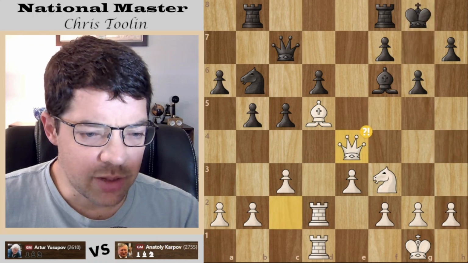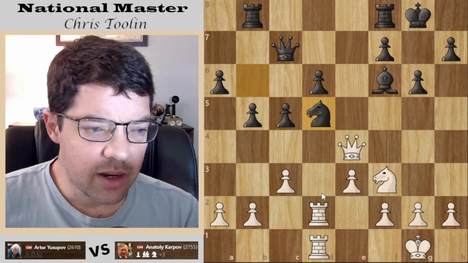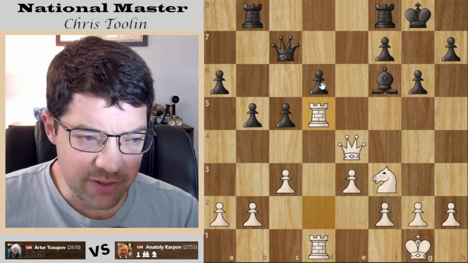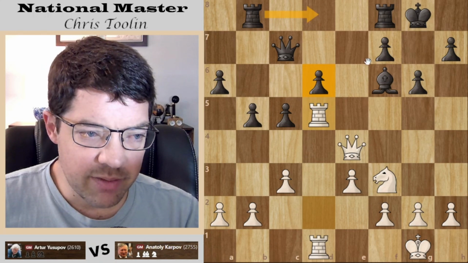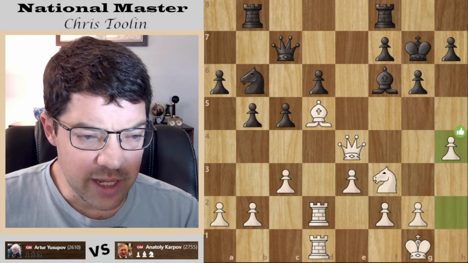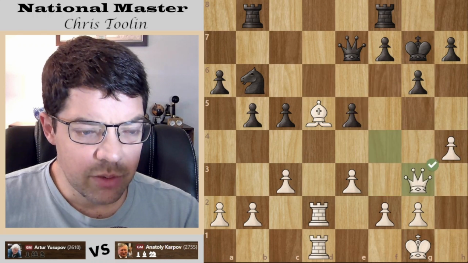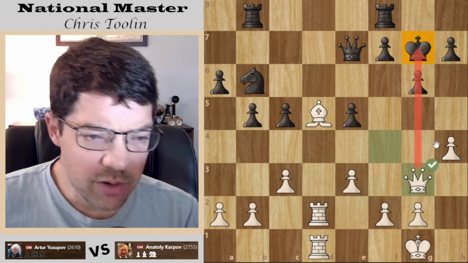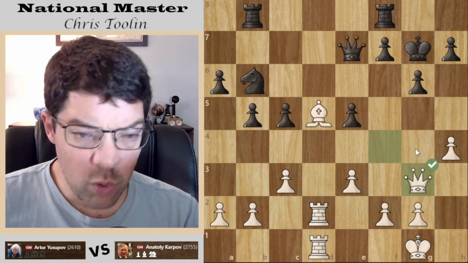You can imagine a position, let's say here, where they capture, and really black just has to suffer guarding this backwards pawn. You have to use your rooks, or maybe even the bishop, and guard this weak pawn here forever. Not fun. So he's delaying taking the bishop there. Okay, here we go. Queen g3. Again, poking around. Very likely this is going to an endgame if ever we have this trade. But white will have the advantage.